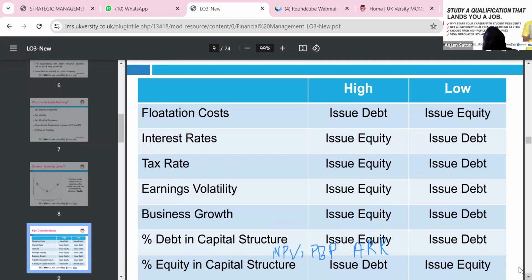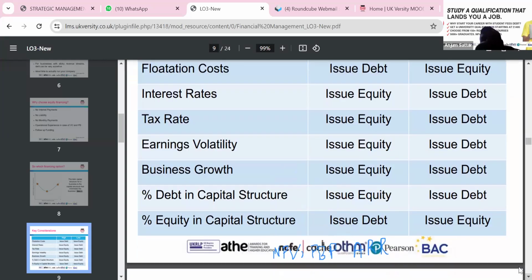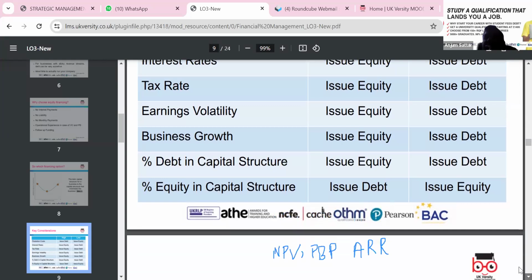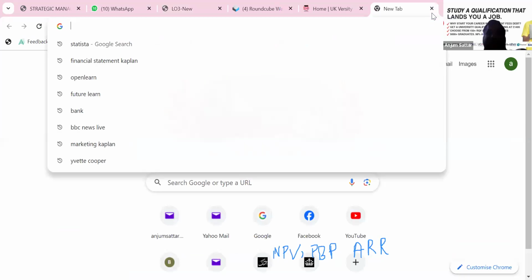So we can look at the pros and cons of business growth. We can look at the percentage of debt in the capital structure: issue equity if it's a high debt share, and issue debt if it's a high equity share. So equity percentage and debt the other way around. We need to look at all these possible options and the current position, and then you can decide which option you want to go with. Okay, so we can look at lots of examples. I'll quickly show you